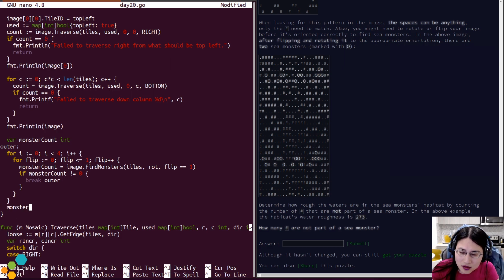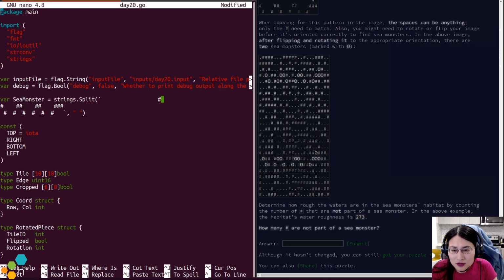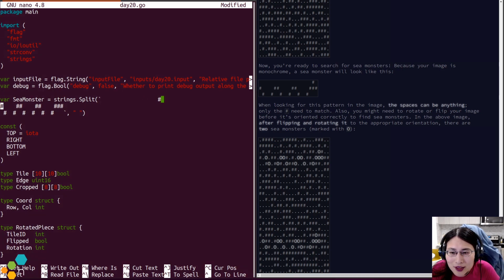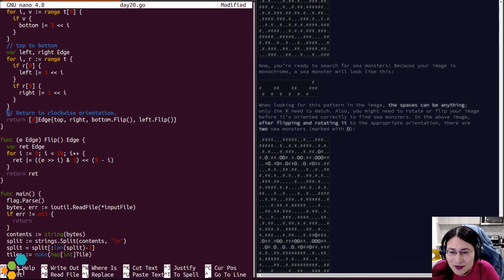All right. So now, I happen to know that a monster pattern contains, let's count this by hand, 1, 2, 3, 4, 5, 6, 7, 8, 9, 10, 11, 12, 13, 14, 15.